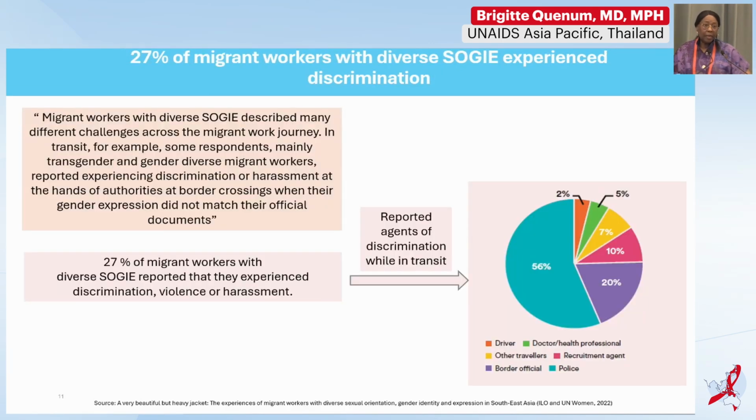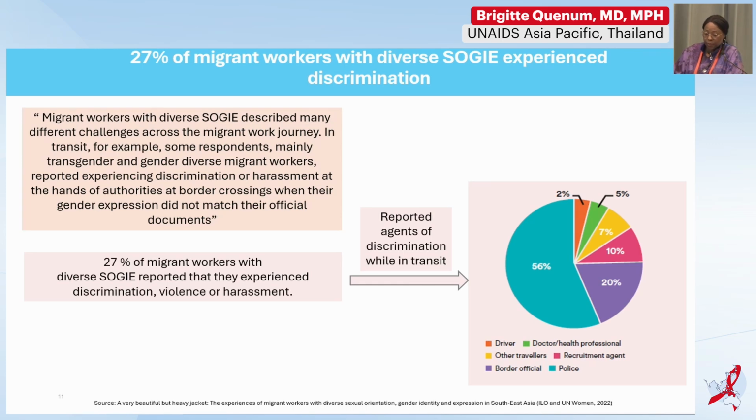So, on this slide, what is the key message? The key message is that being a migrant alone has a high potential to face discrimination, but migrant LGBTQI people face a significant burden of stigma, discrimination, and harassment throughout the migration journey. And based on the study done by ILO and UN Women, you can see that 27% of migrant workers with diverse